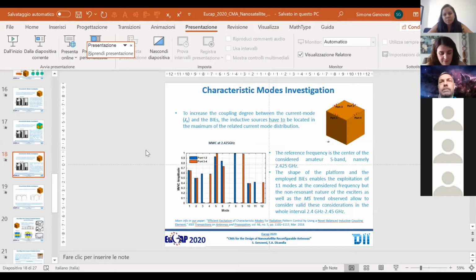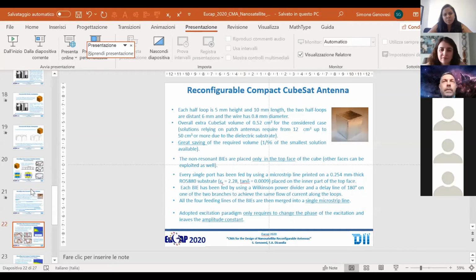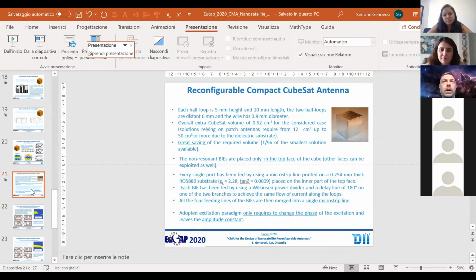I have another more general question. By the end of the day, this is a product, right? You're trying to use the chassis of the satellite to generate currents that generate some radiation patterns. We know that on a satellite there is not only one single radio, there are various systems at different frequencies. Sometimes you don't have EIRP limitations, so you go high in power. What have you considered if you are exciting further modes or further radiation patterns at different frequencies that can cause interference with other systems? How would you solve this with the characteristic modes approach?